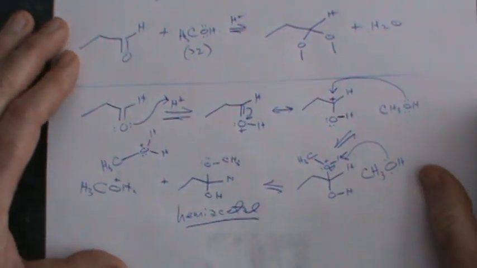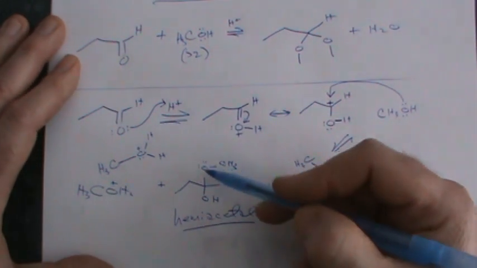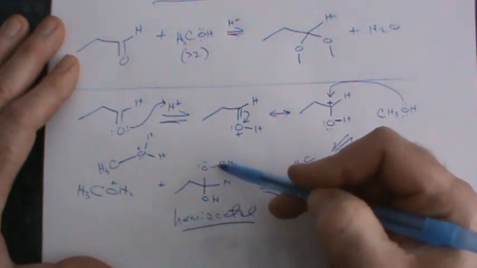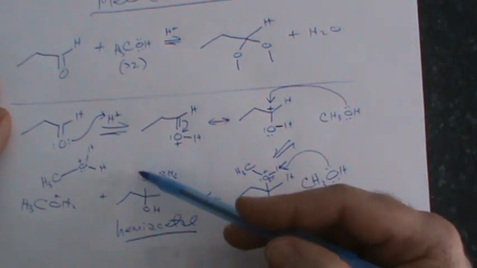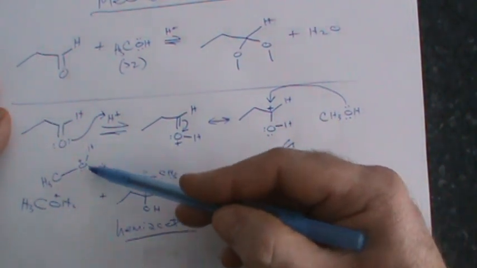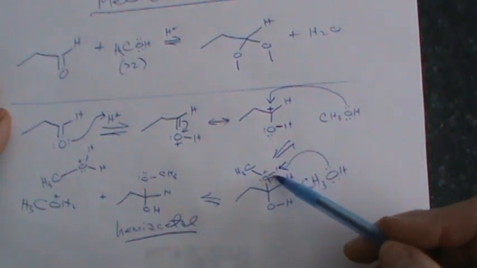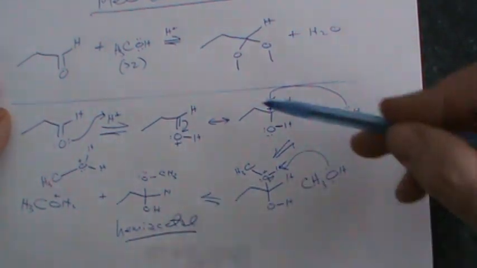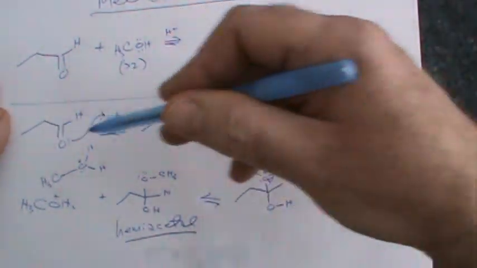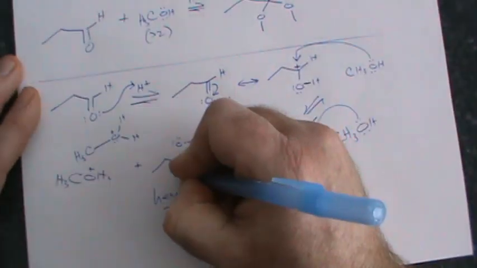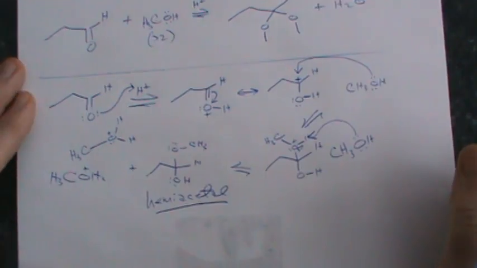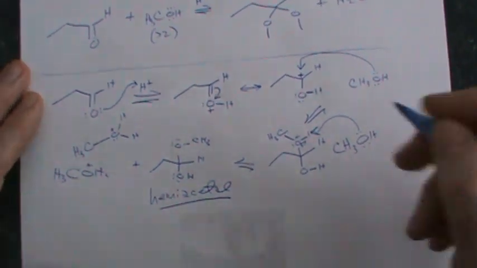Now what will it do? One thing it could do is it could protonate the oxygen of this OCH3. That would actually take us right back to here. If we used an arrow formalism that looked like this, picked up the acidic proton, we'd go right back to here. We know that happens. This is a reversible reaction, which means we can traverse back and forth throughout. But if we want to go in a new direction toward the acetal, then there's another equilibrium which will be at play, and that one will involve